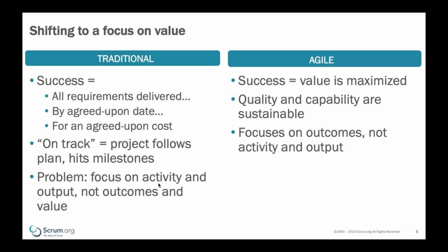Right? That's the normal way that traditional organizations operate. And looking at "on track" means that they're hitting all those different milestones. They have a similar problem to a lot of other organizations that we talk to: they're trying to change into a more agile organization. But what they were doing was focusing really on the activity and output, right? So how do they get into that mindset, and how do they know what to measure from an agile point